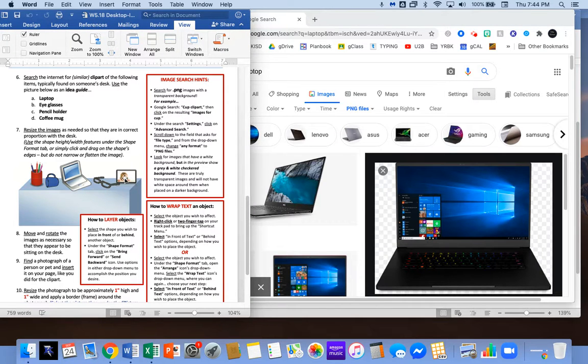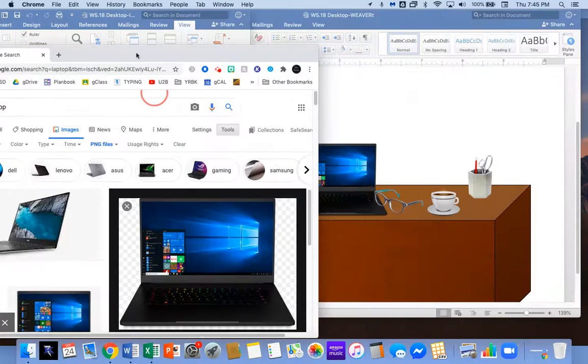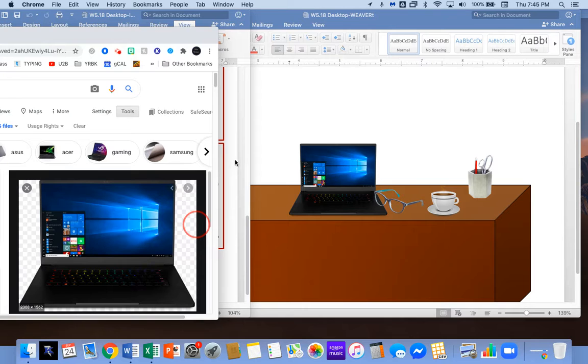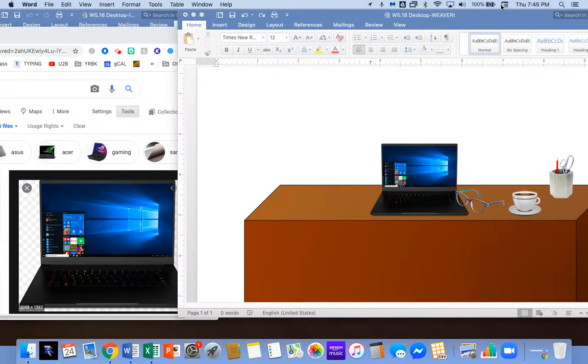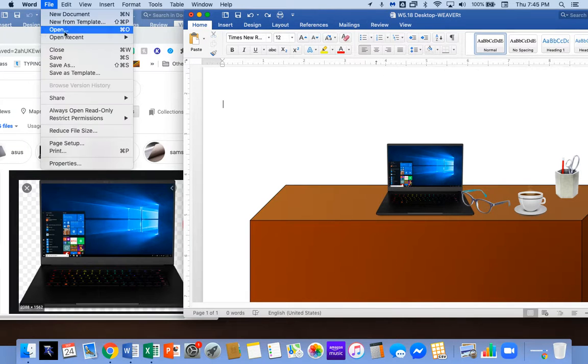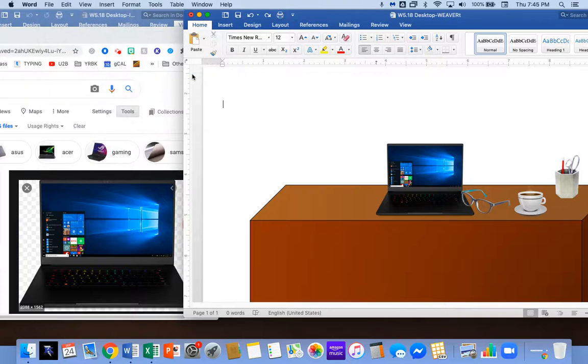But there's the fifth item about this picture. And we've gone through all this, move and rotate the images, and get them all proportional. The last thing is find a photograph of a person or pet and insert it on your page like you did for the clip art. Now here's a fun thing that you can do. If you have a picture on your MacBook of you and your friends, or a pet, or your family, you can use that. I did one here a while back, open recent, let's see, maybe it was this one,